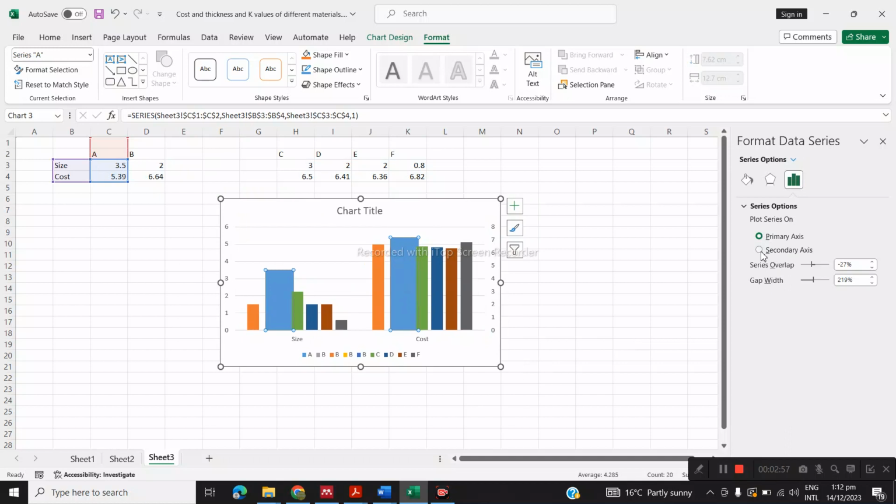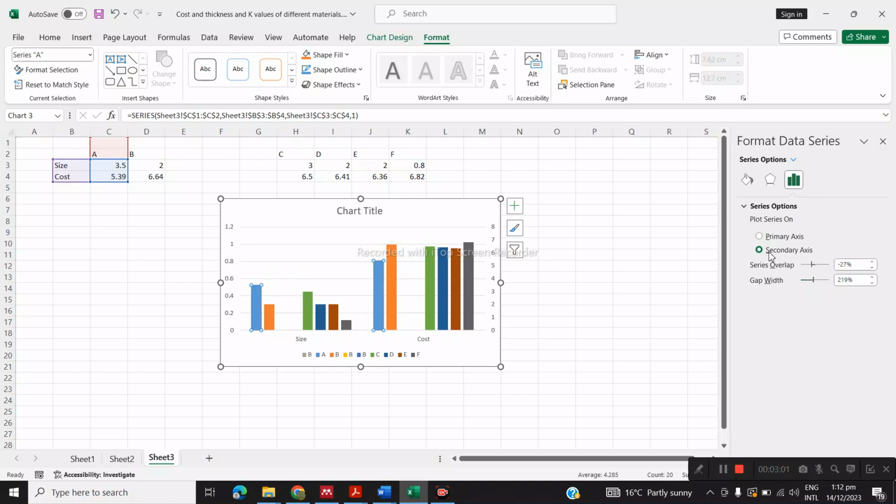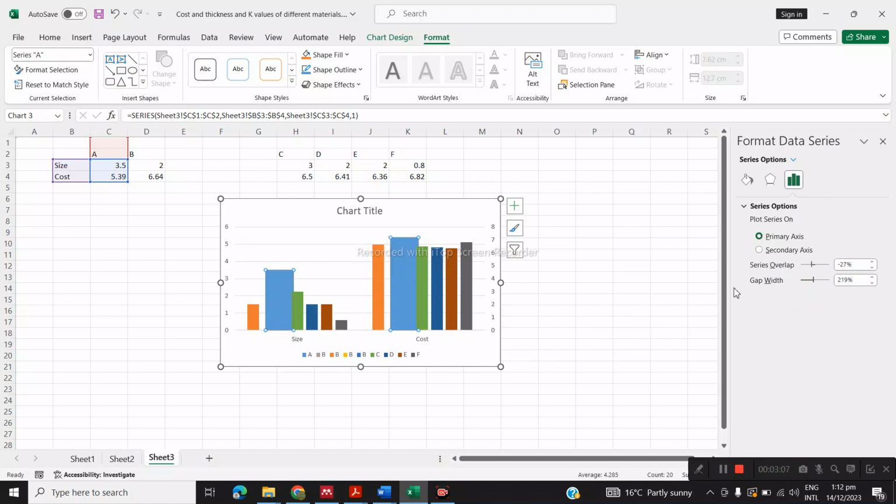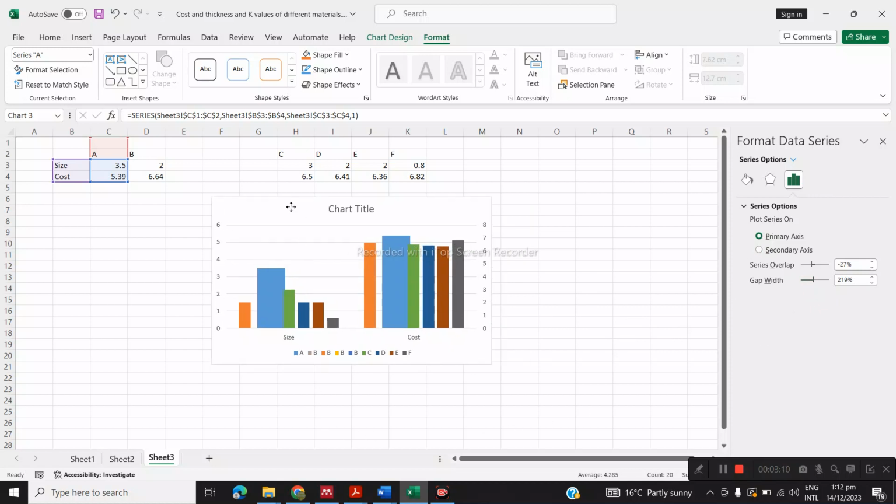We can't change this to the secondary axis. If we do, it will be the same. For example, I'm going to try it, and that will leave you with the exact same thing, so you won't be able to obtain what you actually need. So what we're going to do is play with those overlaps here to make this exactly the same as this one. To do that, I'm going to increase the gap width